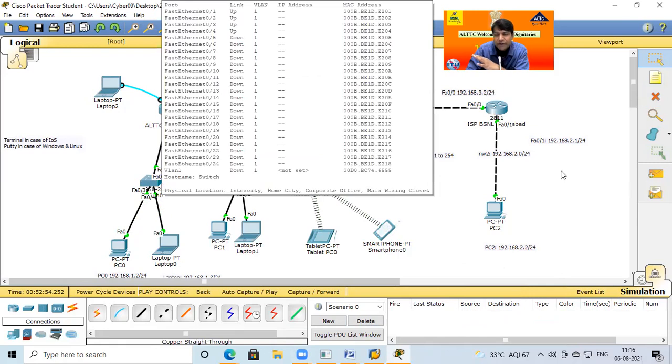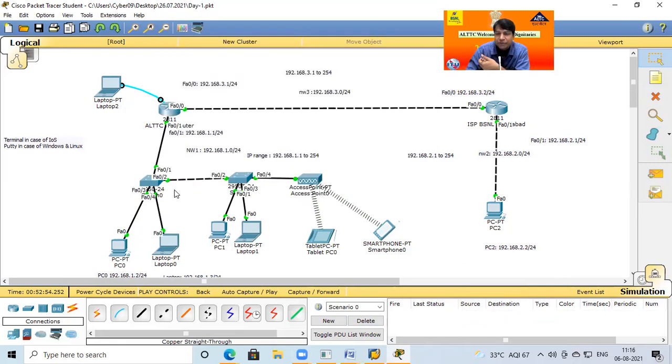The switch is an intelligent device, so it also has memory. Since one communication has already happened, it automatically memorizes where the laptop is. So what happens if I send a second time? Now the switch is very well aware where laptop 0 is, so it directly sends to laptop 0. It doesn't send to other locations; it hands over to the laptop and the acknowledgment comes back to PC0.